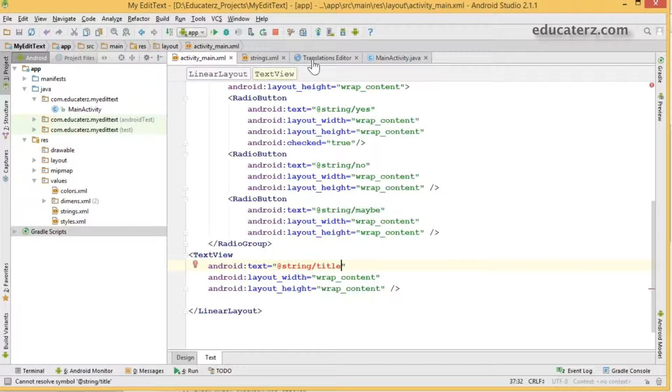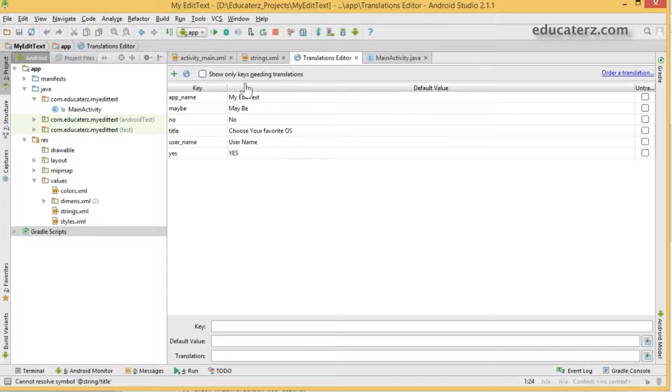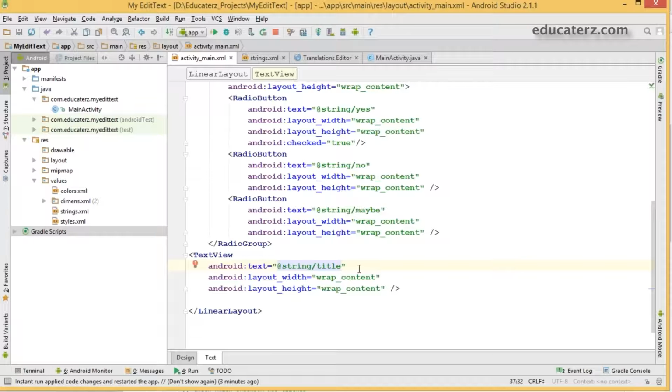Save this. Open your translations editor, create one string with the key title. The value will be "Choose your favorite OS", or mobile OS, whatever it is. Click on OK. Come back here.